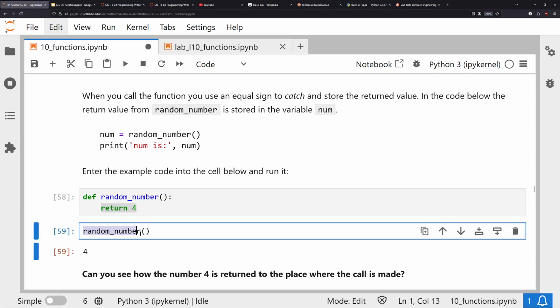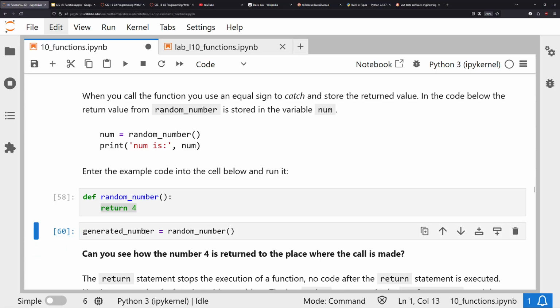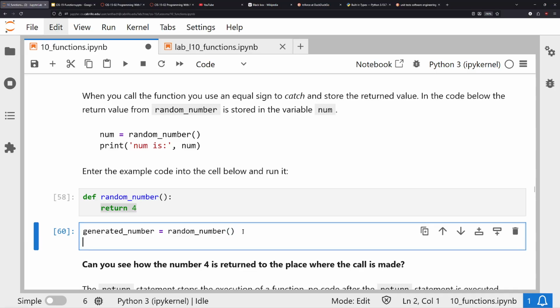I can capture this return value, meaning I can set it equal to something. Let's say I capture it into some variable named generated number. You can call it whatever. And let me run this. So generated number captures the output from random number. It captures the return value,